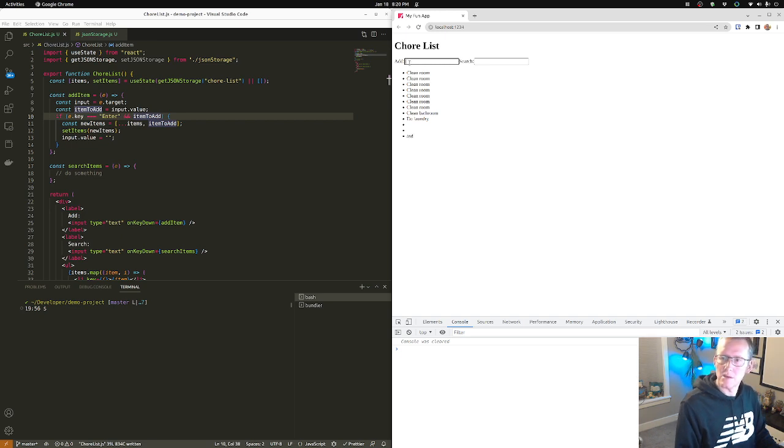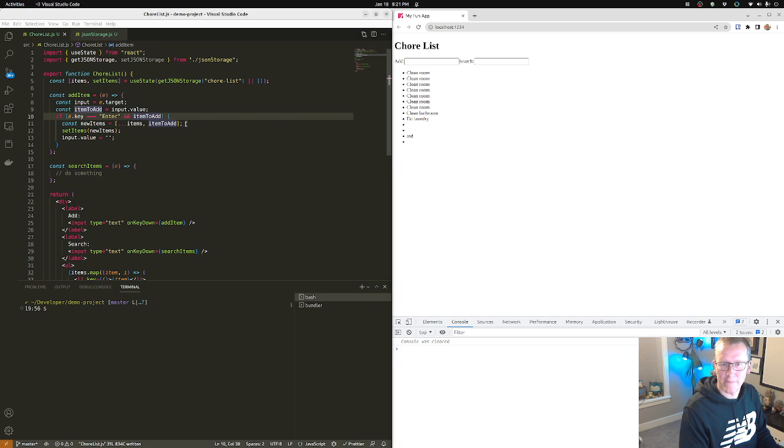Okay, added something. So the reason why that's working is an empty string is falsy. So when you push enter and the item to add is some sort of truthy value. Now, what happens if we hit space a couple times and hit enter? Oh, well, that's a couple spaces. Okay, it's not going to render because it's white space, but I hit a couple spaces and it added that